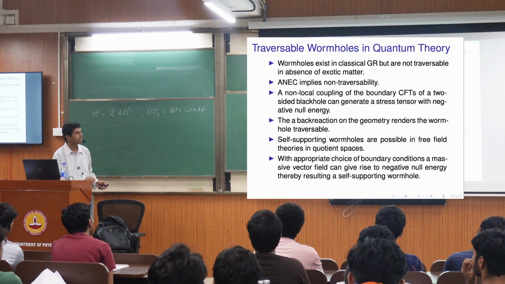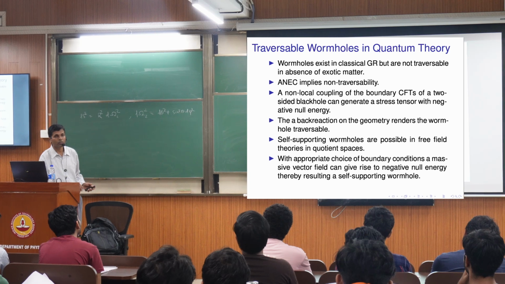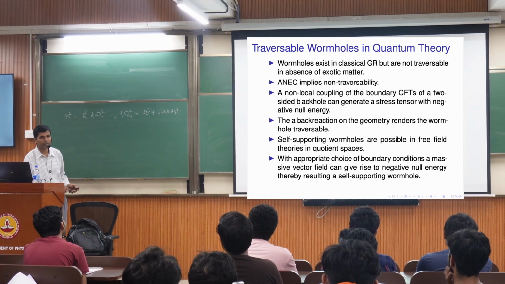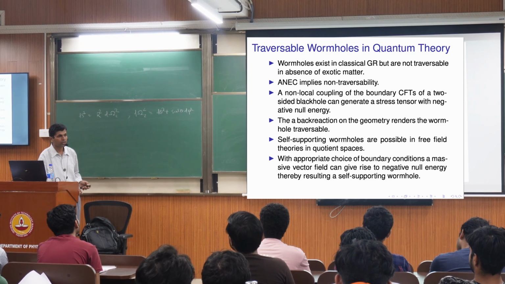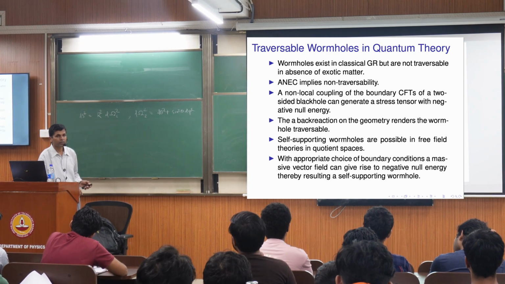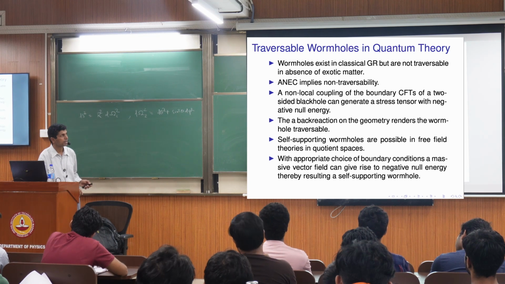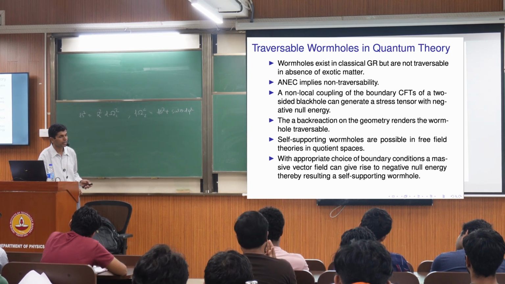It basically says that if this holds, then the wormhole is not traversable. The average value of T_{\mu\nu} along a null direction should be positive. That is a reasonable assumption, and it basically means that you cannot send a signal